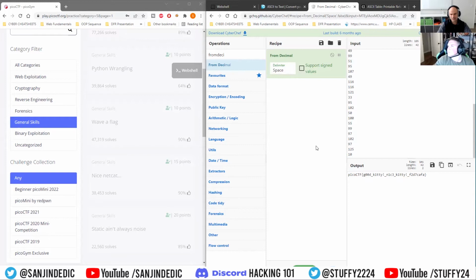So yeah, CyberChef is a great tool. It does take some more finagling than some of the other ones, but it can do more complex algorithms later on. Obviously, these are pretty simple, so you can use a simple converter, but it can do some things like hashes and stuff like that. And Zach,